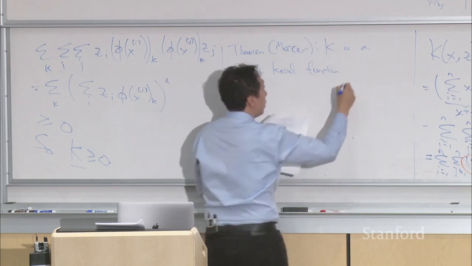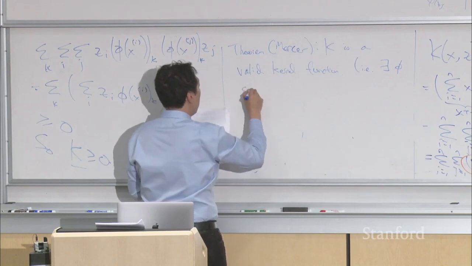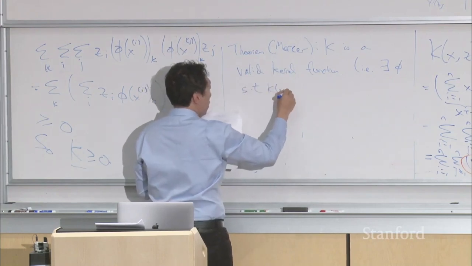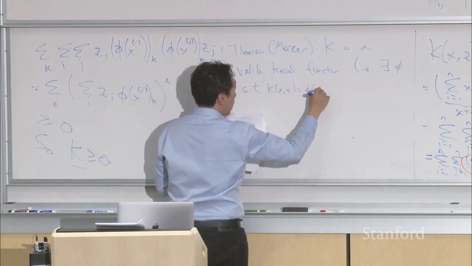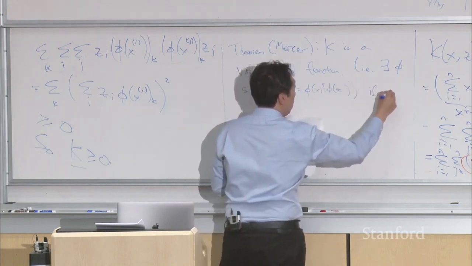So K is a valid kernel function, i.e. there exists phi such that K of x, z equals phi of x transpose phi of z, if and only if